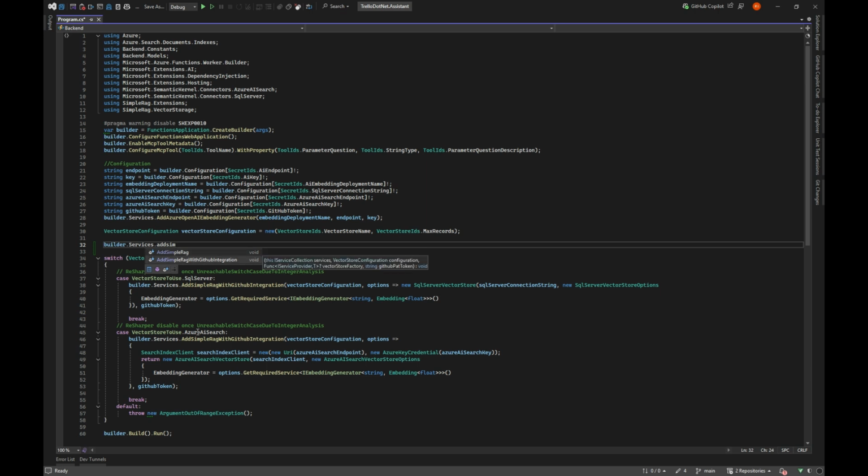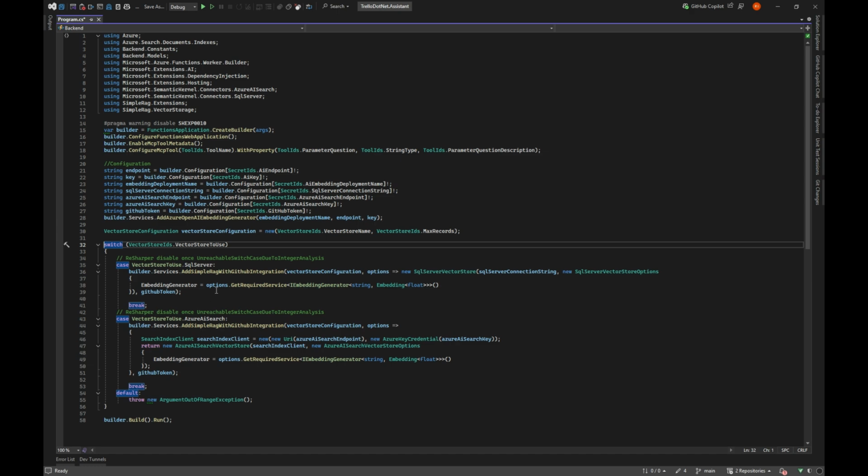Or we can use the GitHub integration that grabs the data off GitHub instead of the local files, and then RAGs them. In my case, I'm using the GitHub integration, and I think we will just let it start.